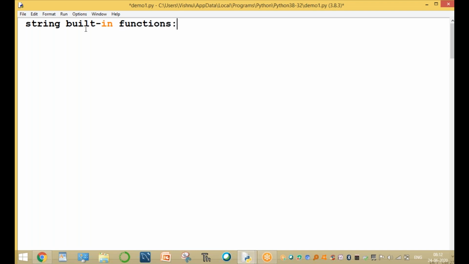Already completed built-in functions are len, split, replace, and the next one, join. Also is alphanumeric, is alphabet, is number, and so on. These are the topics already completed. Now today's remaining functions are